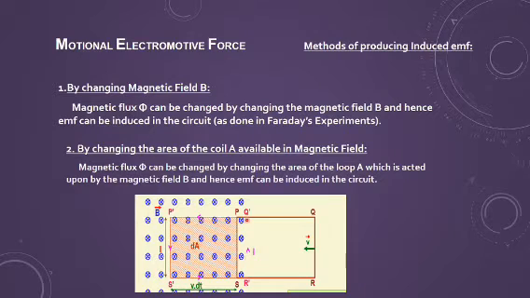We have taken a rectangular wire. I can say I have made a rectangular loop, like you have played with a circular loop for making bubbles. Now we are not taking the circular loop; rather we have a wire and we are making a rectangular loop, whose one side is movable. It means three sides are fixed and one side is movable, and by changing that movable side, I can change the area.